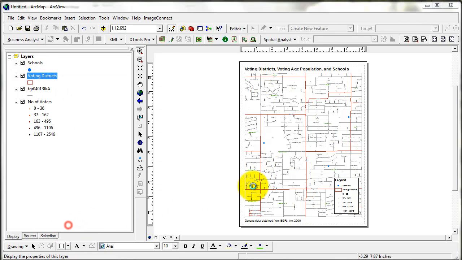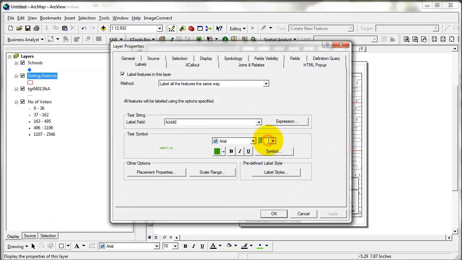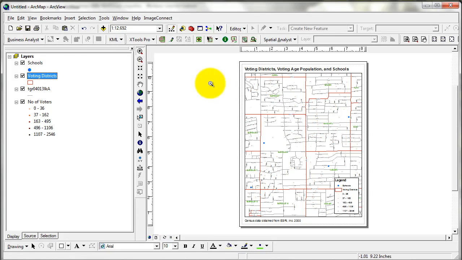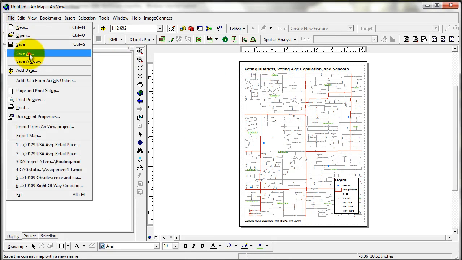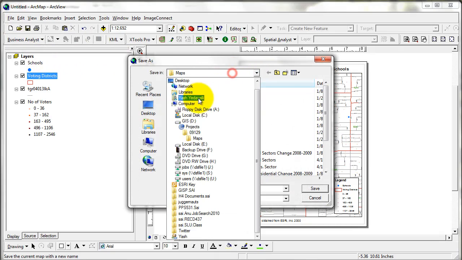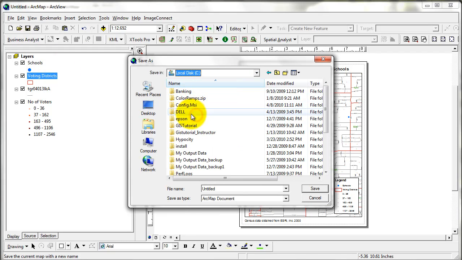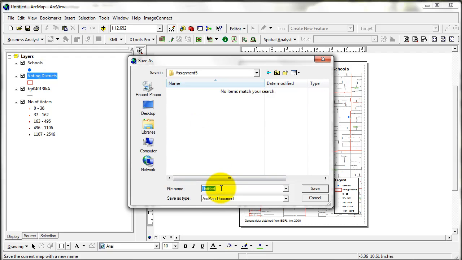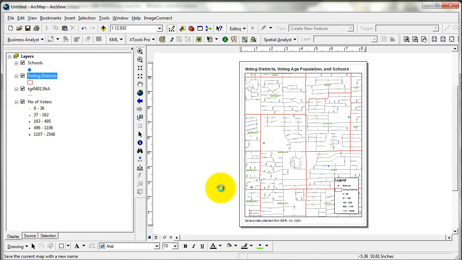I'm gonna increase the label size of the voting districts to maybe 8. And I'm gonna save this map, of course, save this into my C drive under GIS Tutorial Answers Assignment 5, Assignment 5.1, and also export this map into